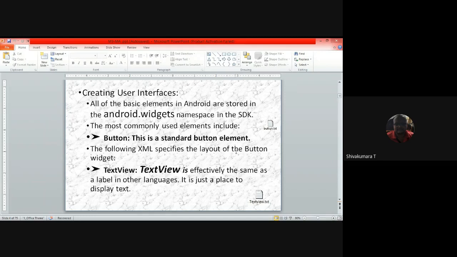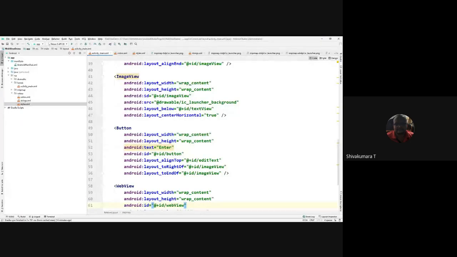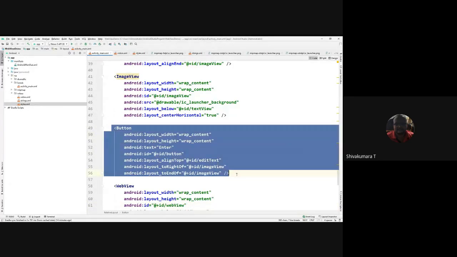activity.xml. This example illustrates the button view, how to create the button view.